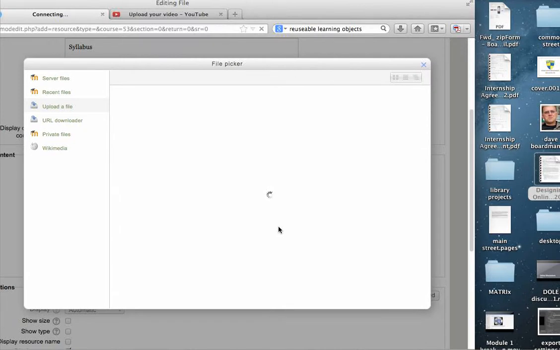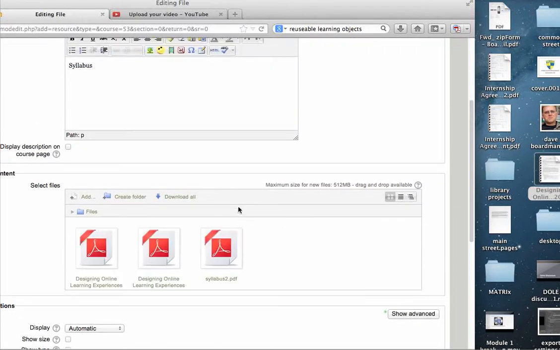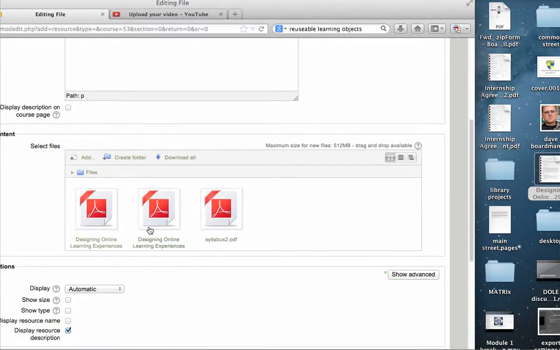So this is the first thing you could put into your course, would be a file. And it could be a welcome page, it could be a page of instructions, really anything like that. Usually it doesn't take very long. I am on a wireless network, so it might take a little bit. Okay, and you can see that